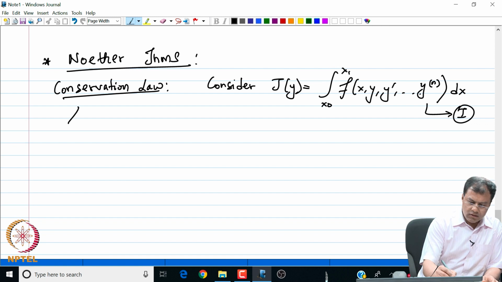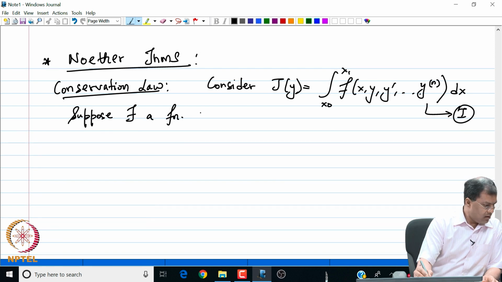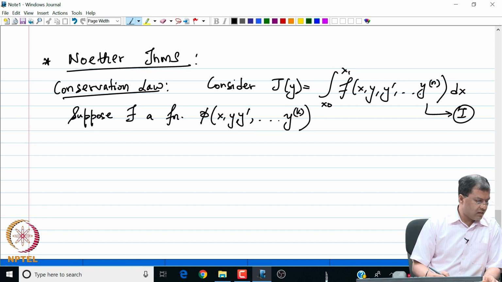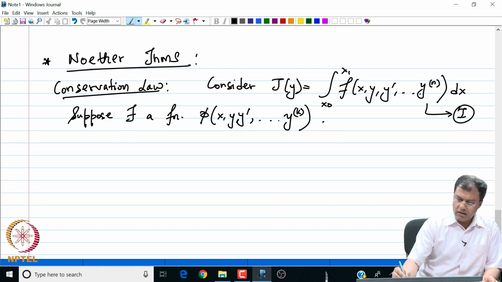Now suppose there exists a function phi of x, y, y prime, up to the kth derivative. Suppose there exists a function up to kth order such that